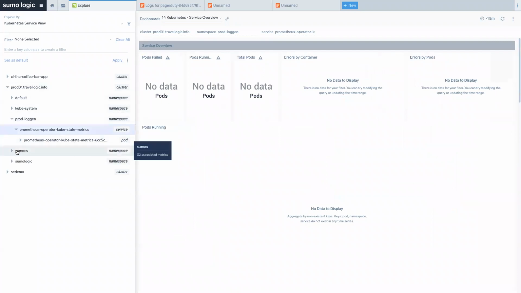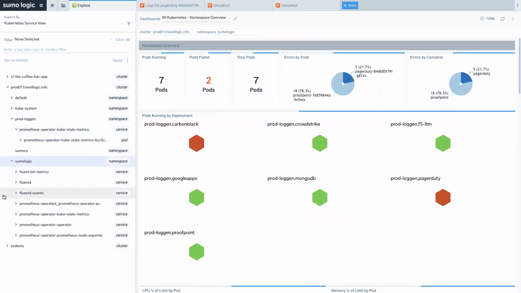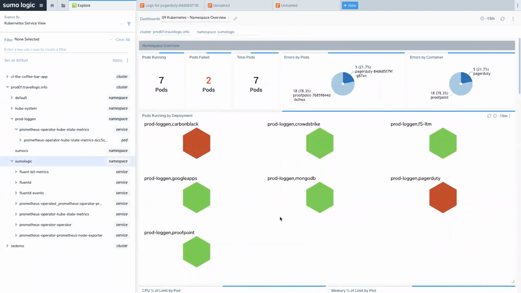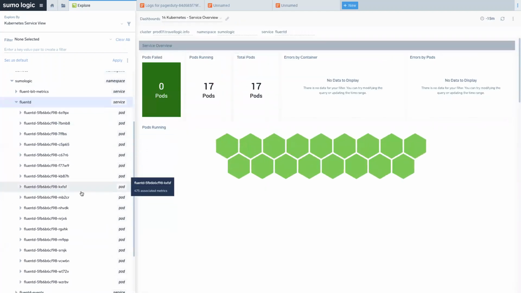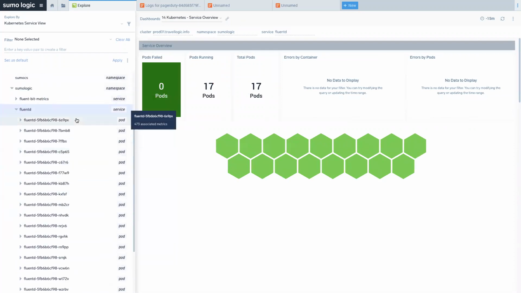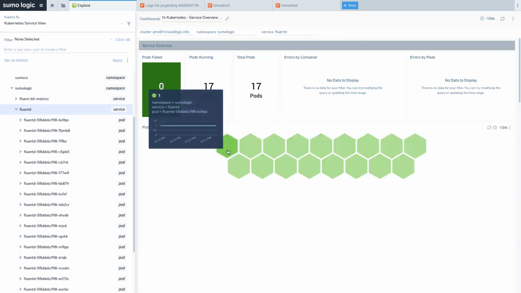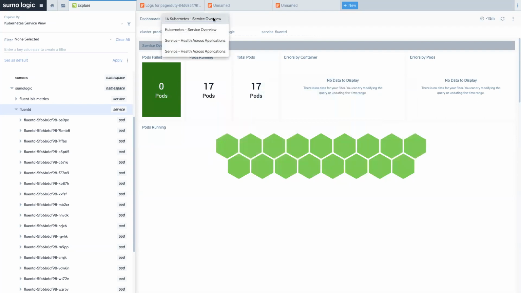If I look through the others, I can see things like what's going on with my Fluentd service. The related pods across that service are all logically shown to me, and I can see that there's no problems with this particular service, how many pods I have running, they're all in a useful state.